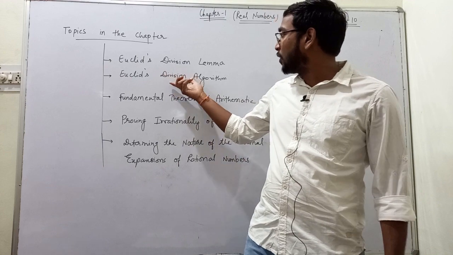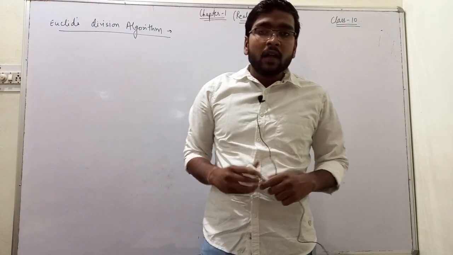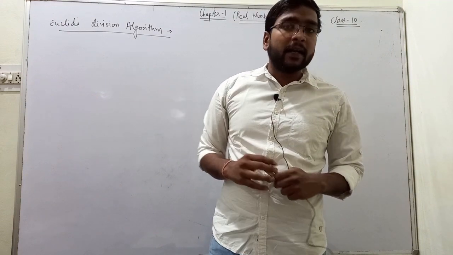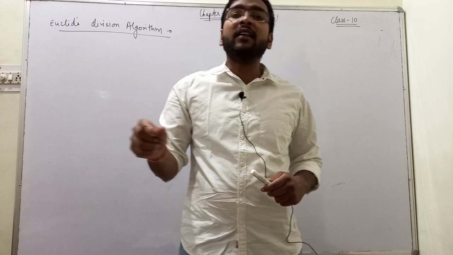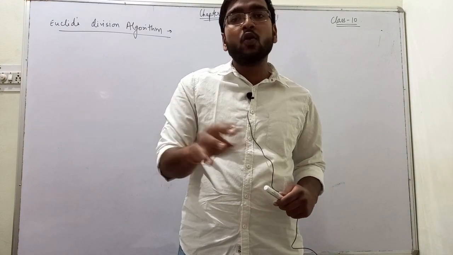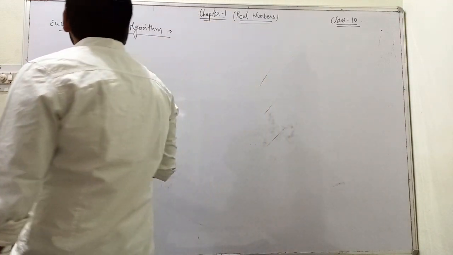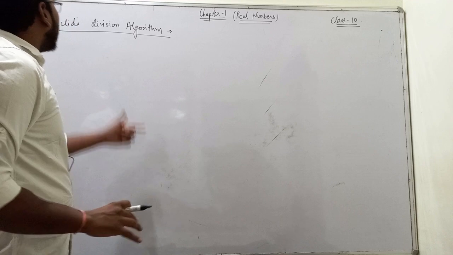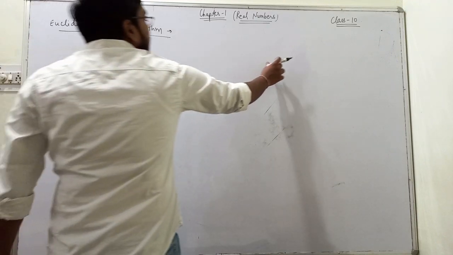So Euclid's division algorithm. If you can recall, what did Euclid's division lemma state? It stated that if there exist two positive integers a and b, then there exist two unique integers q and r such that a equals bq plus r. Now, applying that in the statement for Euclid's division algorithm, I can say that